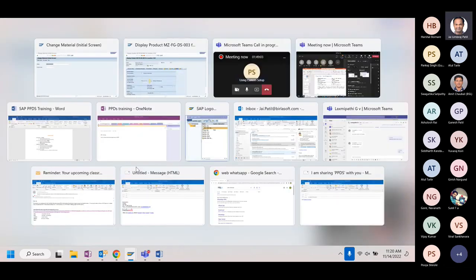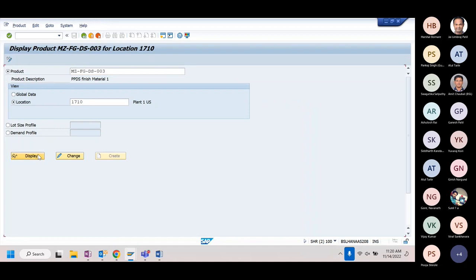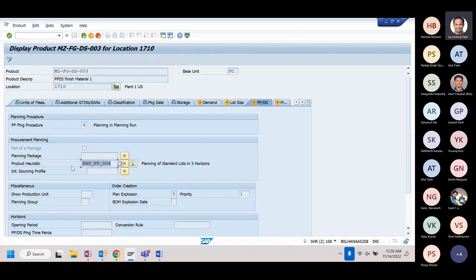So let's go back there. I made it 4. Okay, 4. Yeah. So I think we just need to carefully see which are the fields that we have to maintain in S4, and there is a list that's available. I will also go through one of the PDFs in which we are going to see all these fields, and then there are a few which are